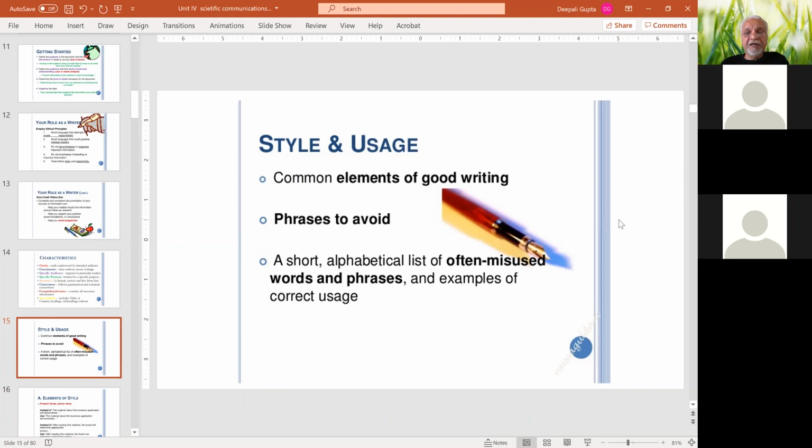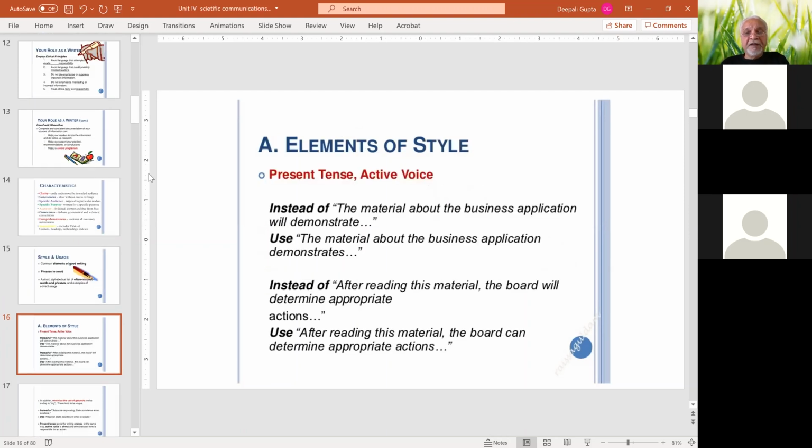For example, you should use present tense and the active voice in preparing a technical document. For example, instead of writing "the material about the business application will demonstrate,"